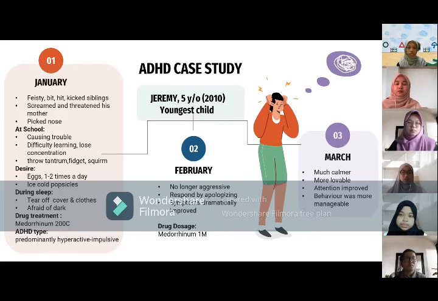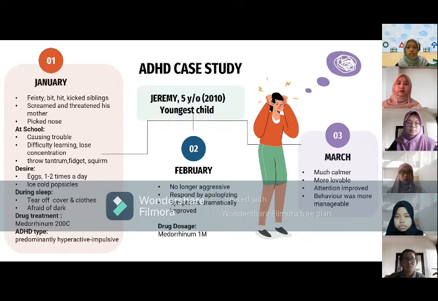Despite his threats, he did not actually mean that he wanted to die. He just used the expression to manipulate his mother. Mom was concerned because he constantly bit his nails to the point of leaving marks on the tips of his fingers, and he picked his nose all the time. He wet the bed 4 nights a week. Jeremy's behavior problems were bleeding into the classroom and causing trouble at school. He had difficulty learning, got frustrated easily, had trouble focusing, and would lose his concentration after a few minutes and throw a tantrum at school. He couldn't follow instructions and would get distracted easily.